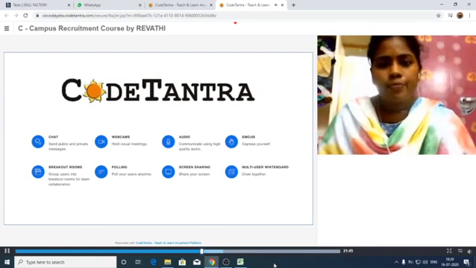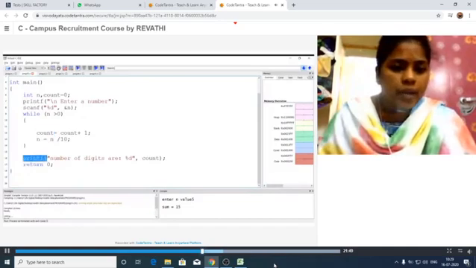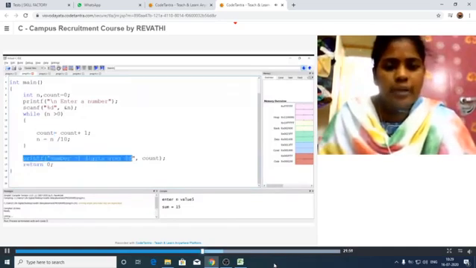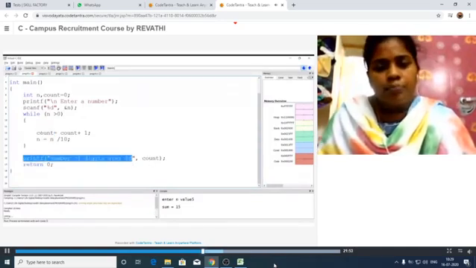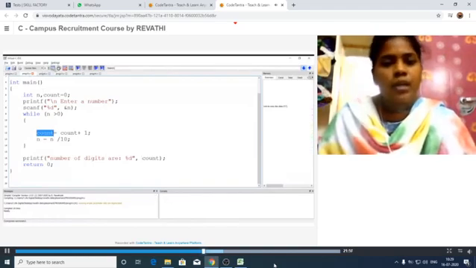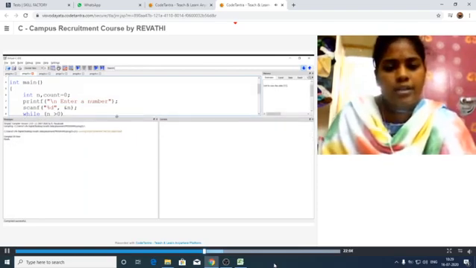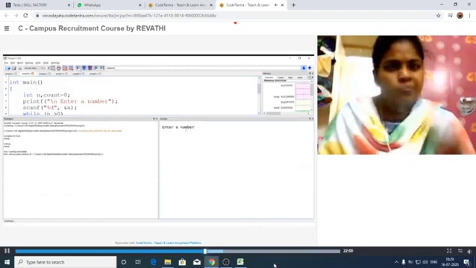See, after calculating this count value, it prints the statement: number of digits is equal to 3. Let us execute this one. See, I have compiled this, there are no errors, it is ready to execute. Let us see the result. See here, it is asking to enter a number.